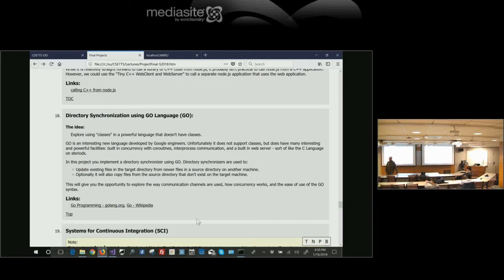Go has some really interesting parts, but it doesn't have classes, and it doesn't have templates. Give me a break, Go. Do I want to handcraft a data structure for every different type I want to use? I don't want to do that. Okay, but there's Go, there's Rust, there's Scala, a bunch of different languages.